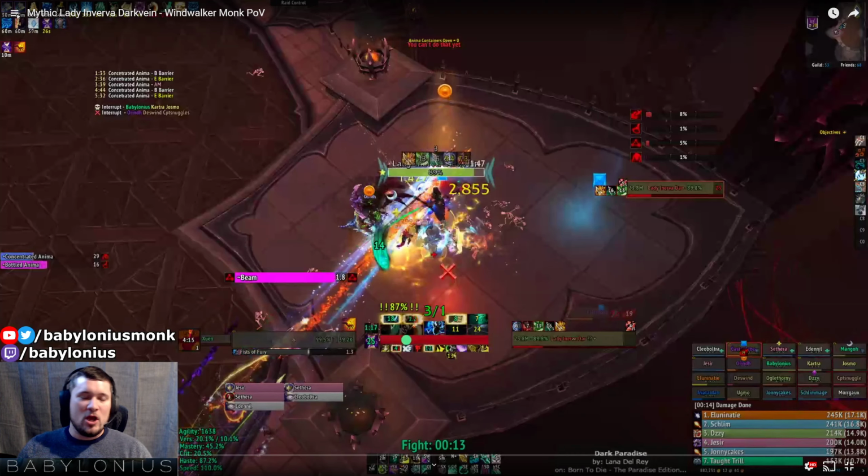when I did this is that you might want to save your second stack of Storm, Earth, and Fire for when the ads come out. If you are in a comp where you don't have a lot of targets to hit because a lot of people immune, then it might not be worth saving Storm, Earth, and Fire for this first one, because a lot of them can be immuned, and then you might just be left with just the boss to attack,